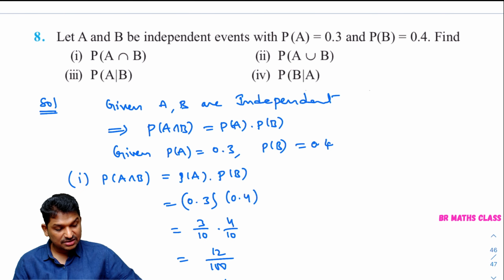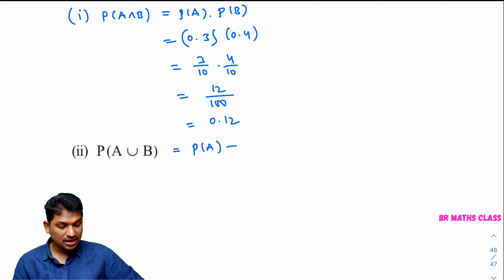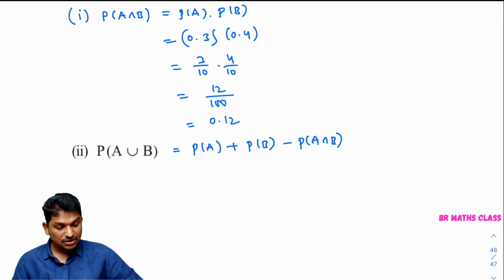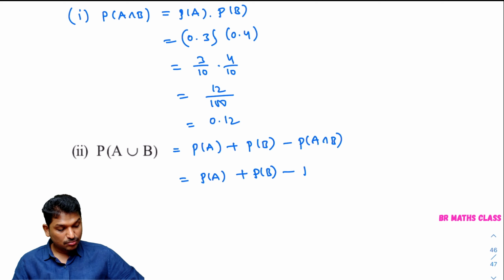What is the second bit in this? They are asking what is probability of A union B. Probability of A union B formula is probability of A plus probability of B minus probability of A intersection B. This is the formula. But here the events are independent events, as given in the question. So this can be written as probability of A plus probability of B minus, as the events are independent,